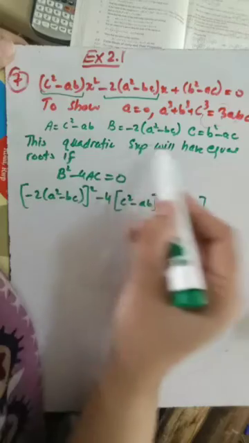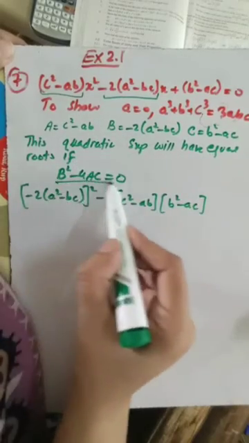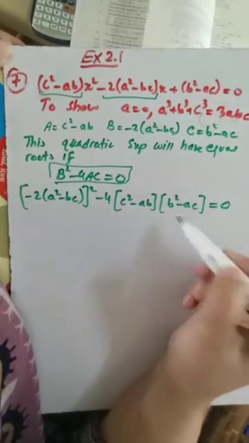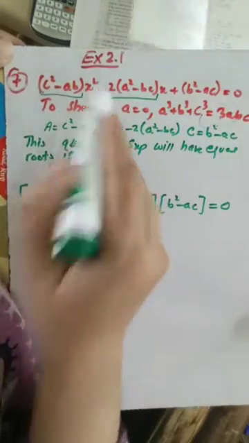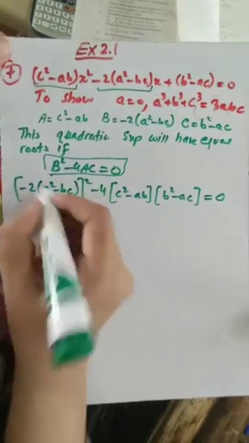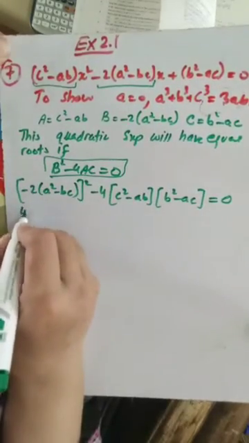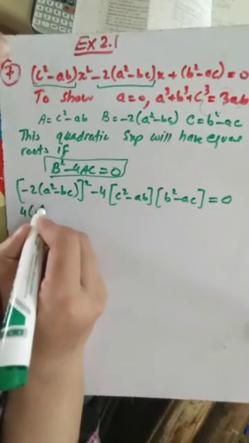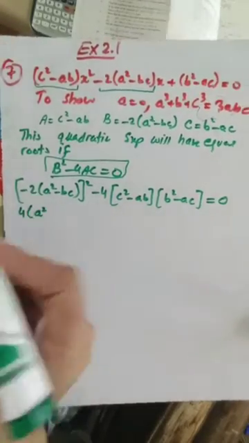Okay, for this expression to have equal roots, the discriminant should be equal to 0. That is, this expression should be equal to 0 because this is the discriminant of the given equation. Okay, so let me find the square. 2 square is 4, and a square minus b square will be a square